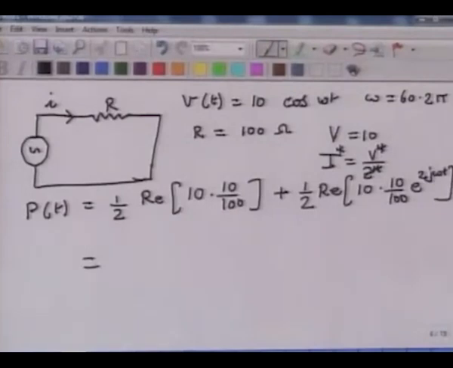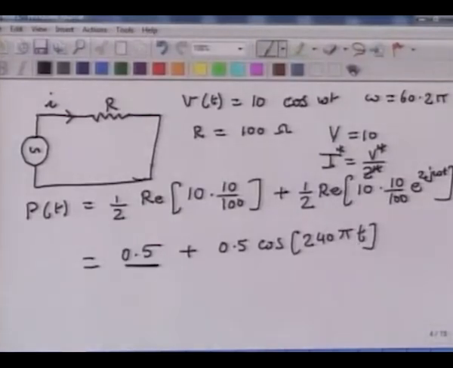If I do all this math, I get 0.5 plus 0.5 cosine of 240 pi t. So again, this is a constant dissipation of power, half watts, that is being dissipated constantly, and